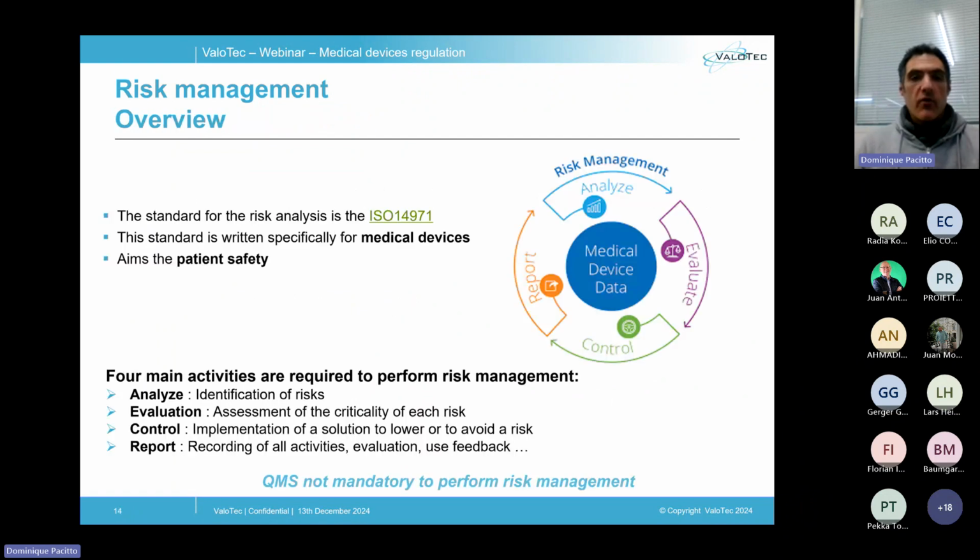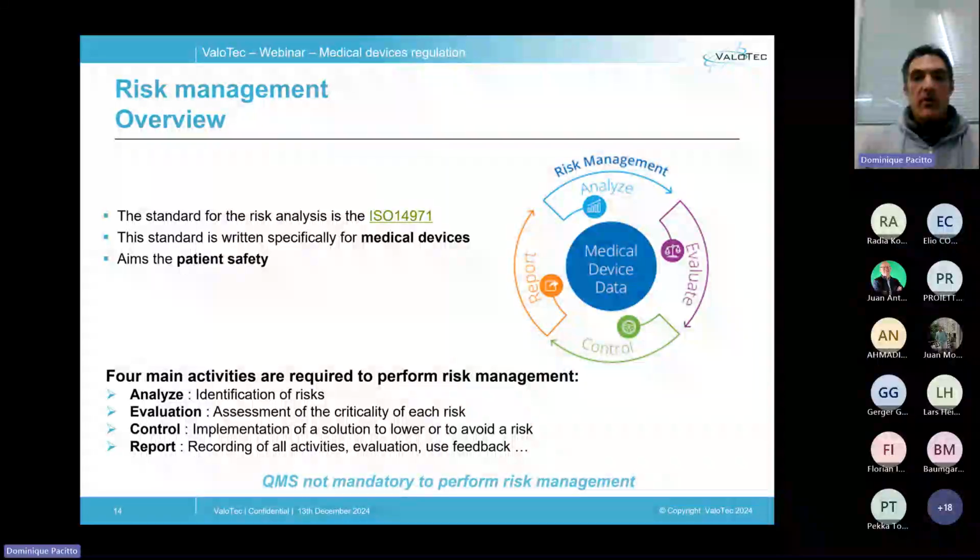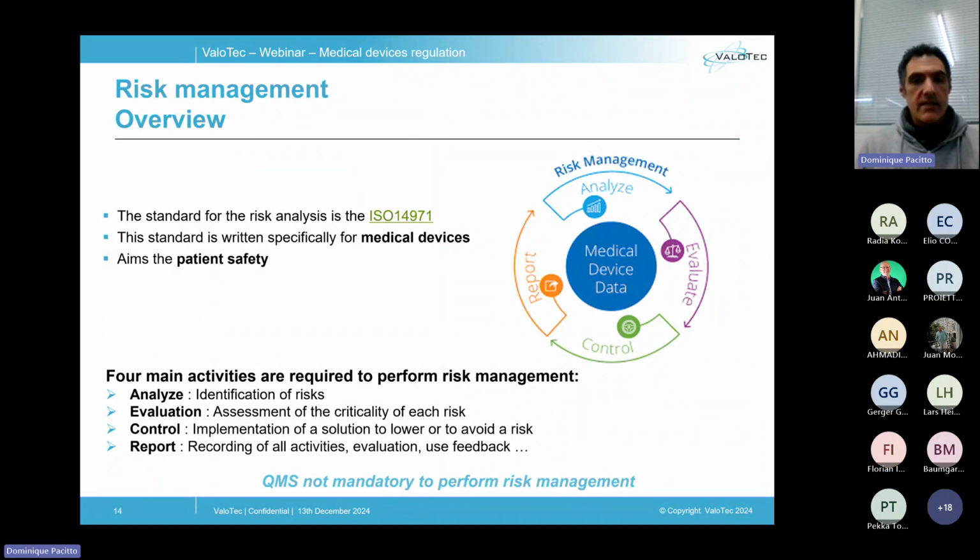The relevant standard for the risk management of medical devices is the ISO 14971. This standard is especially written for medical purposes, and unlike some other risk management standards, it focuses on patient safety, while in some other sectors it will focus on cost, delay, reliability, or customer satisfaction. The risk management standard